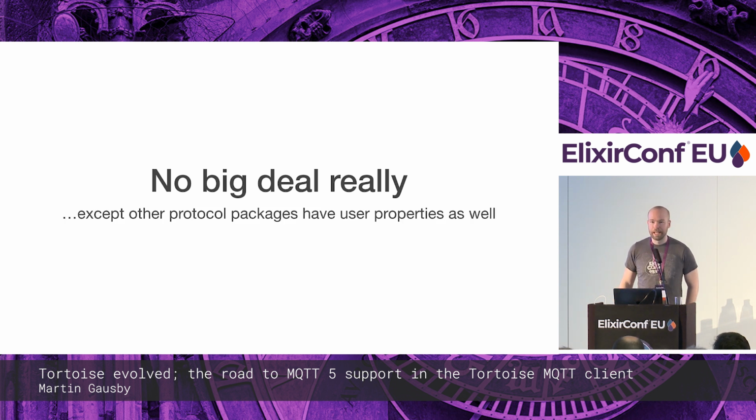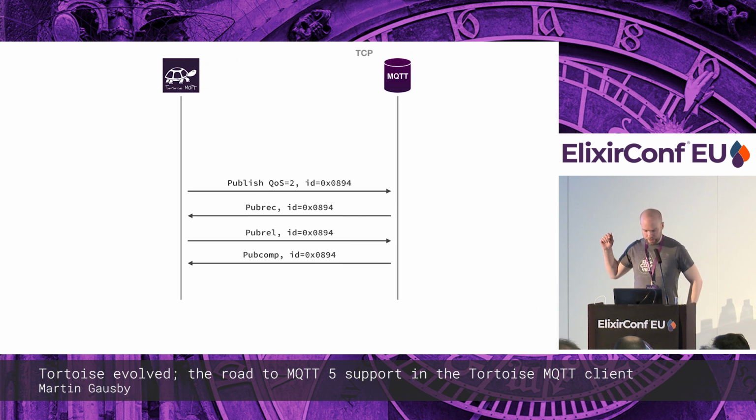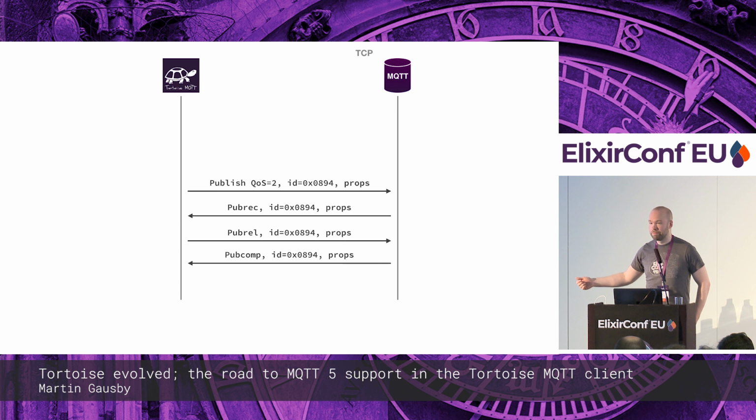unless they decided that these user-defined properties were such a great feature that they wanted to include them in all the protocol messages, which posed a problem. If we observe the right-hand side of the screen here, the pubrec and pubrel and pubcomp, previously they only had an ID which correlated to the message that they correspond to. Now they can include properties as well. And